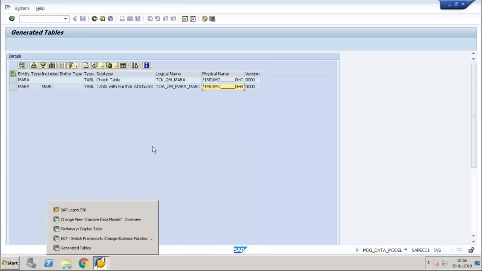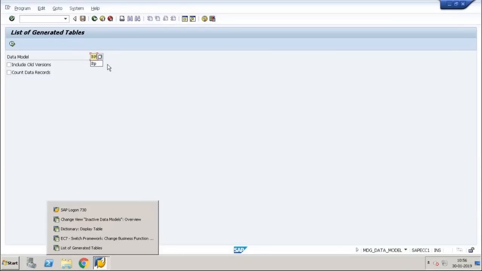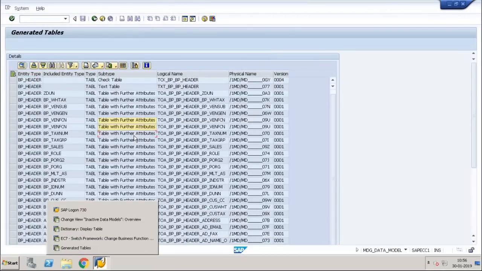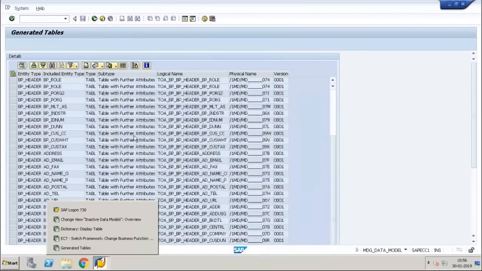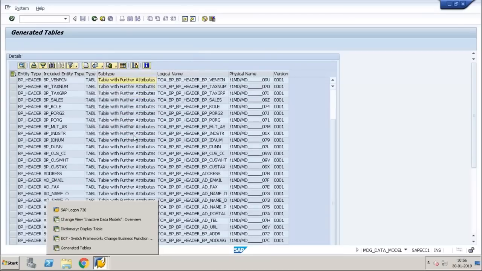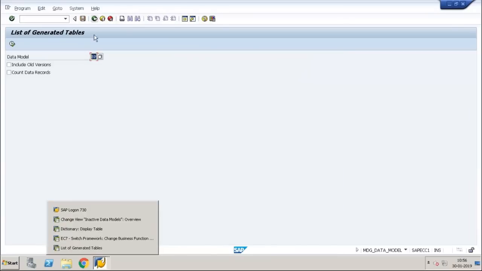Any questions so far? Can you repeat this transaction code once again? MDG underscore data underscore model. Okay. If you look at the standard data model BP, it will have various entities. If you look at 0G,